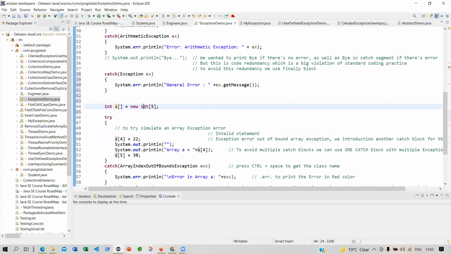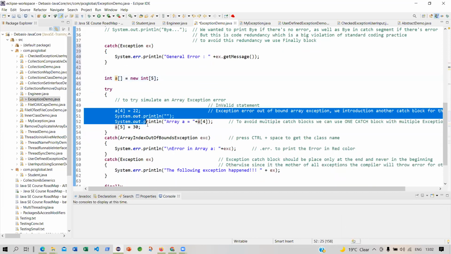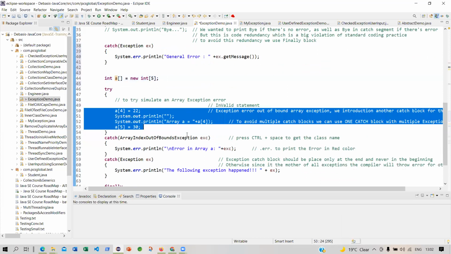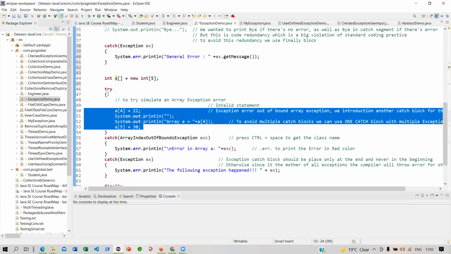So this array is an object A, and this is an int array of 5 integers. So this is a correct definition. I do not need to use it within a try catch block. Fine, but I am not very sure that any one of these statements can go wrong. Not this, but maybe this or maybe this. I do not know. Let me include all these statements under the try block